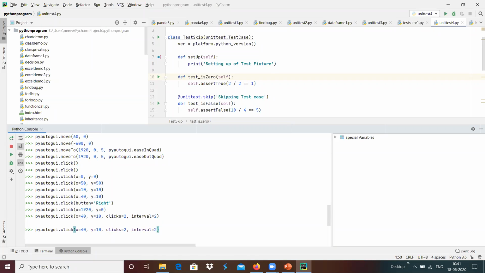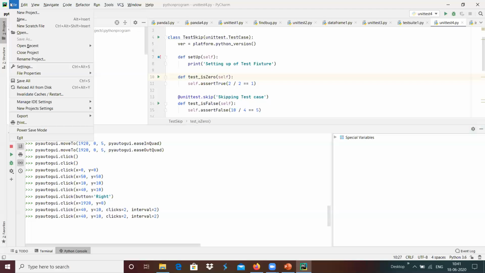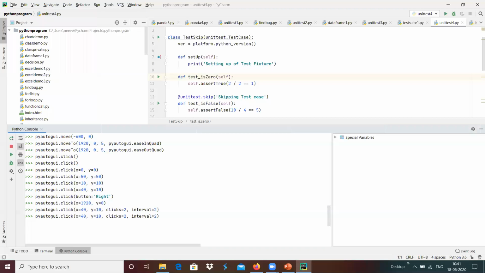For example, I'm going to run it again, keeping the mouse here, and now the mouse goes to the location 40, 10, and generates the first mouse event, and after an interval of 2 seconds, it generates the mouse event again. Because of that, the menu went down. Maybe we can generate that with 3 clicks.